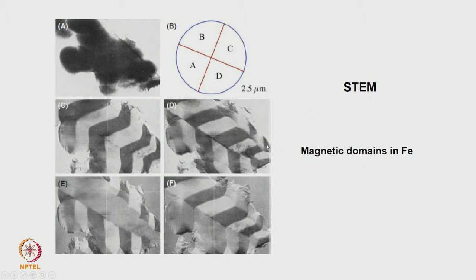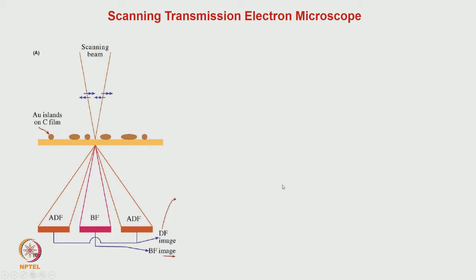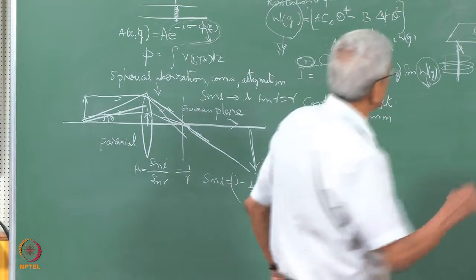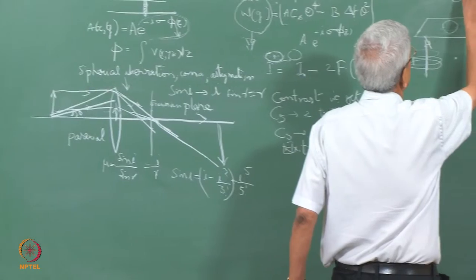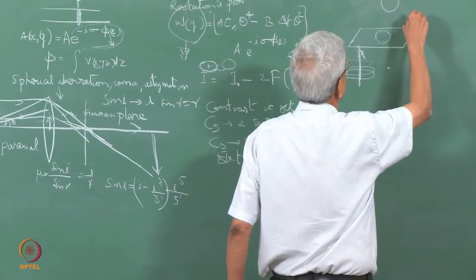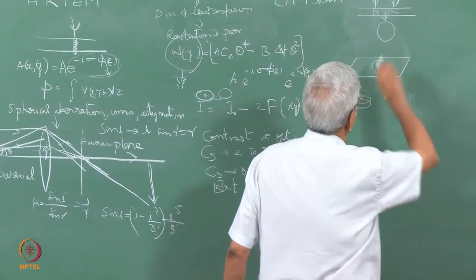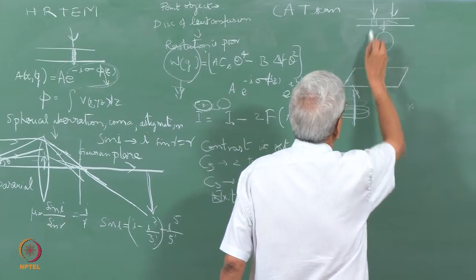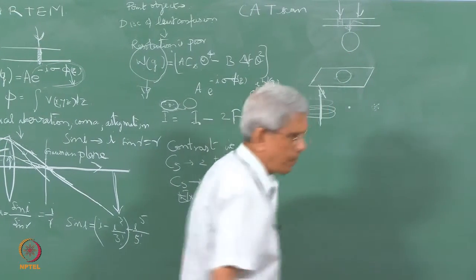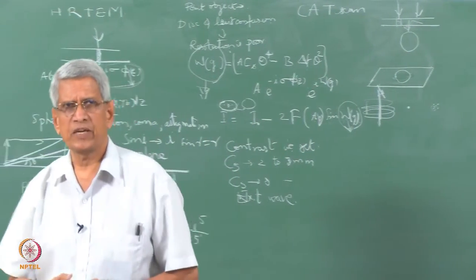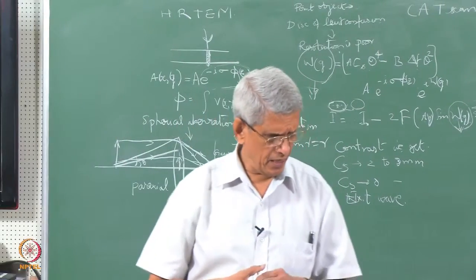The same Lorentz microscopy is done in a scanning transmission electron microscope also. This is another technique. Here also one can image the domains quite nicely. So far, whatever we have covered was the conventional transmission electron microscope, where the beam falls onto the sample and is scattered in different directions because of the crystallinity of the material. These scattered rays are brought to a focus at the back focal plane, where we get the diffraction pattern, and in the image plane we get the image.